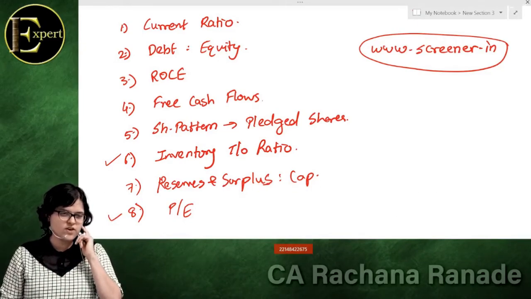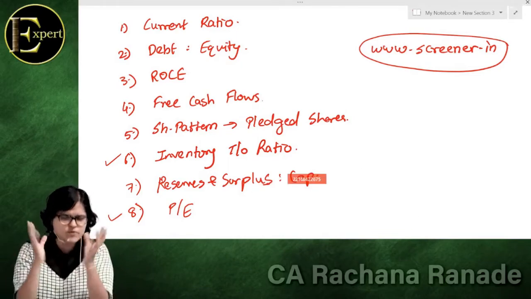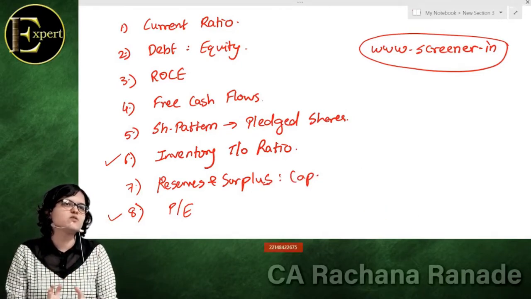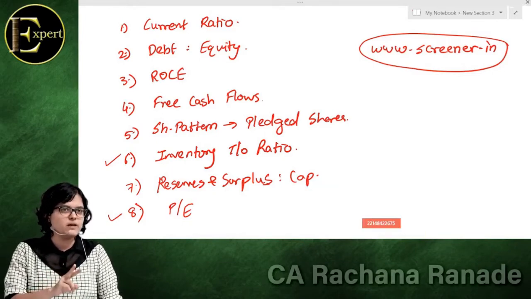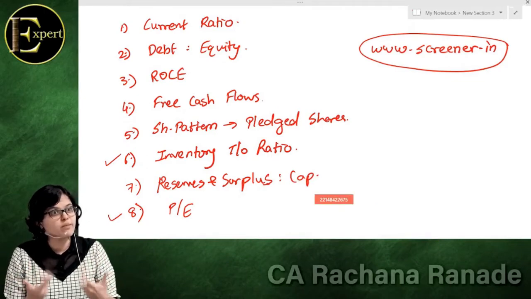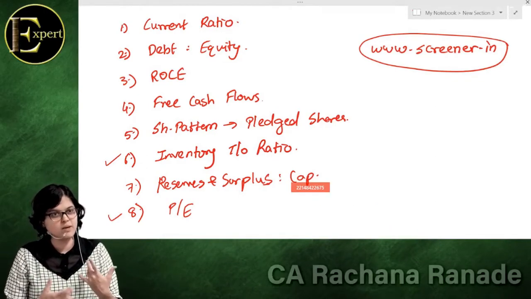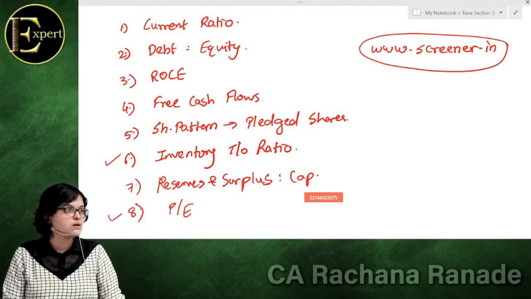We'll start with a very important ratio, which is the PE ratio. And many people get confused in the actual application of what is PE. It actually has a double-sided meaning. A high PE might be good, a high PE might be bad also. A low PE can be good, a low PE can be bad. It's about how you interpret it.